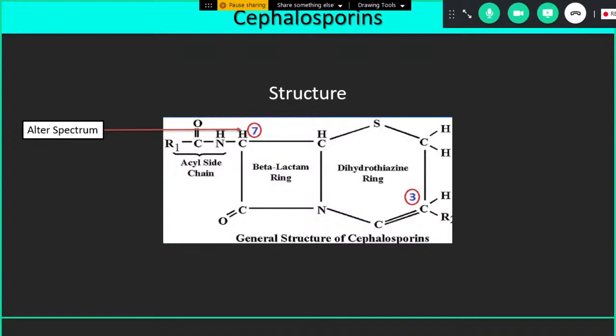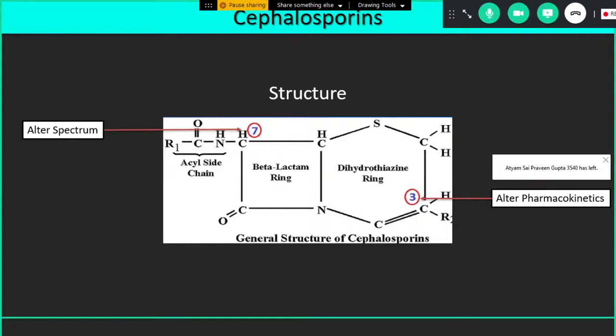Similarly, at the carbon 3 of this dihydrothiazine ring, if we change that, we can change the pharmacokinetics. Basically, the first produced cephalosporins were given through the parenteral route. So to change the parenteral route or to change the half-life, it is required to change the side chain at this carbon atom. So why is this important? Because